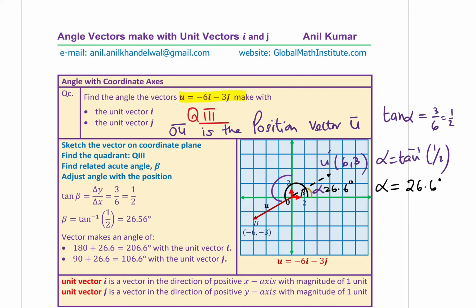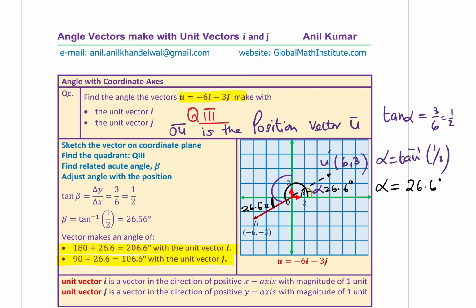Now we can find out the angle which the vector makes with vector i and vector j. Now these two angles are opposite angles, so they have to be equal. So this angle is also 26.6 degrees. Now you can clearly see in this case the angle which it makes with the vector i will be 180 plus the related acute angle, and the vector makes the angle of 90 plus 26.6 degrees, which is 106.6 degrees